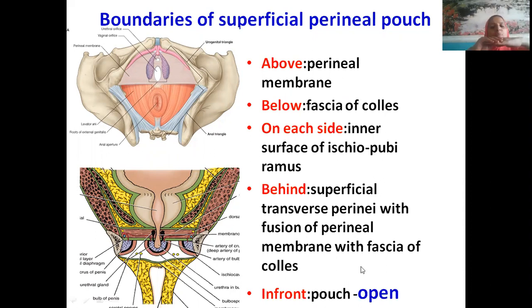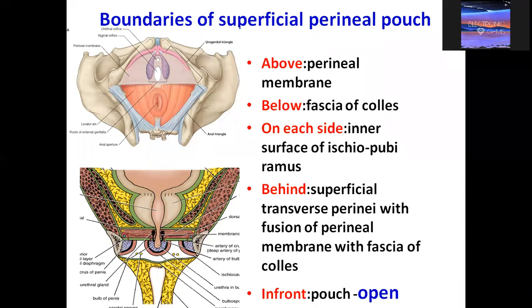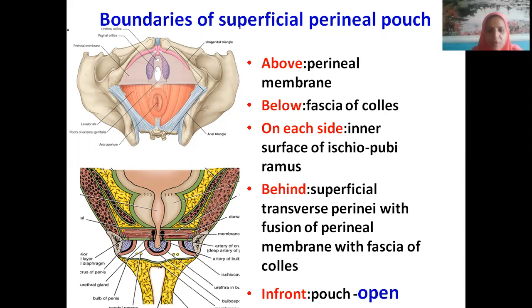Suppose here you have the superficial perineum. Down we have Colles fascia, and above we have perineal membrane. Both of them will slip down, this is one and this is one. Both of them are fusing behind. So both layers will come and fuse like this. Suppose this is perineal membrane and below is Colles fascia. In the middle, suppose we have the superficial transversus perineum muscles. 2 membranes, they are coming and fusing like this. The above membrane is perineal membrane, below membrane is Colles fascia.